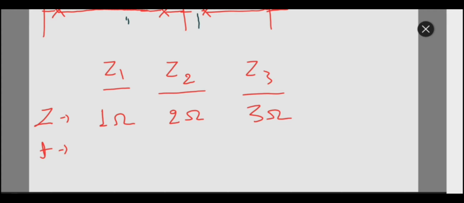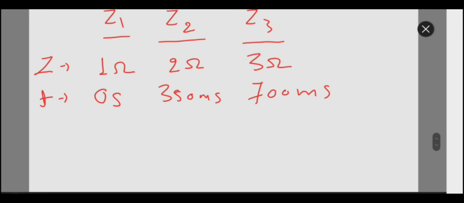Now time: which will be the fastest mode of operation, which zone will trip instantaneously when the fault occurs? Obviously zone 1. So we give 0 seconds to zone 1, 350 milliseconds to zone 2, then zone 3 will trip, so we give 700 milliseconds to zone 3. In the coming 5 minutes, we will see how the tripping operation happens. We will consider the cases and see all the methodology. So let us understand this.